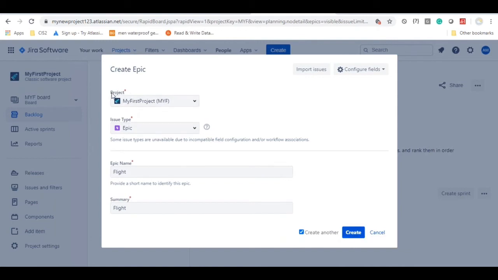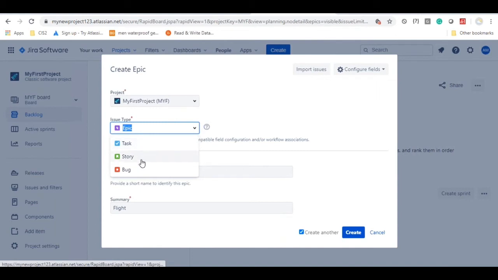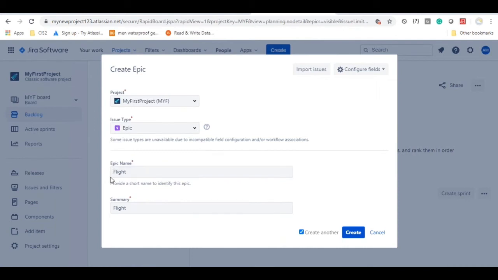Also you can see here at the top the project name, under which project you are adding the epics, that information is visible. Also issue type. There are different issue types. Currently the issue type I have selected is epic. Other than that, you can also select task or story or a bug. So basically there is only one page available. According to the option you are selecting in this drop down, the fields are going to be populated. As I have selected epic as the drop down item, it is showing only these two fields here. So once it's done, then click on create.